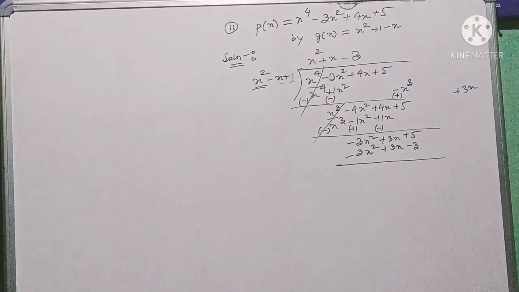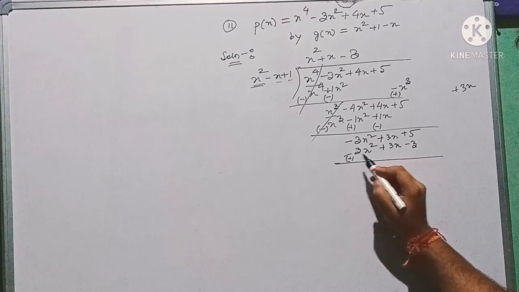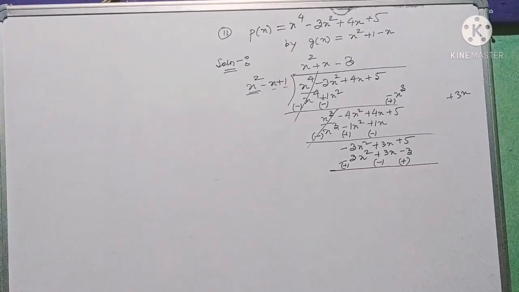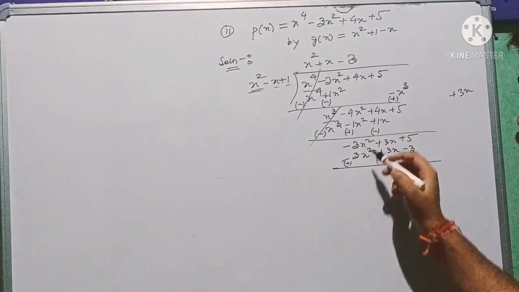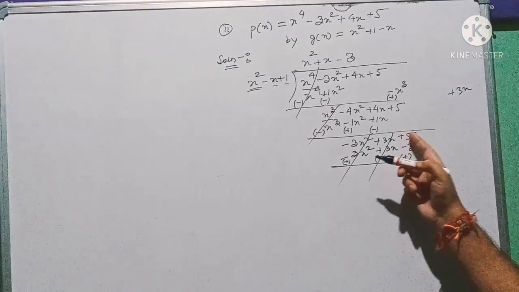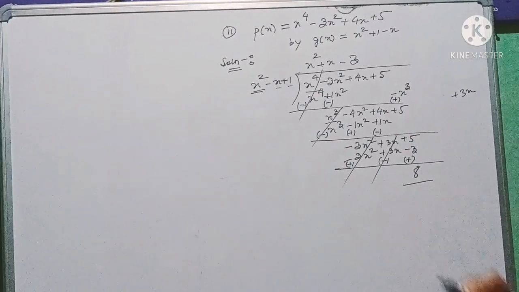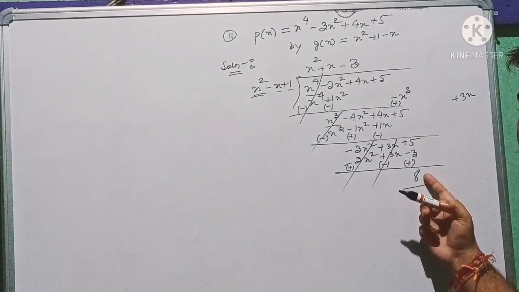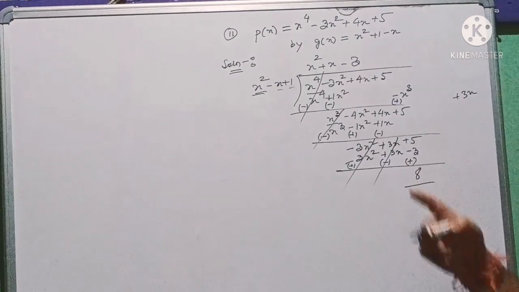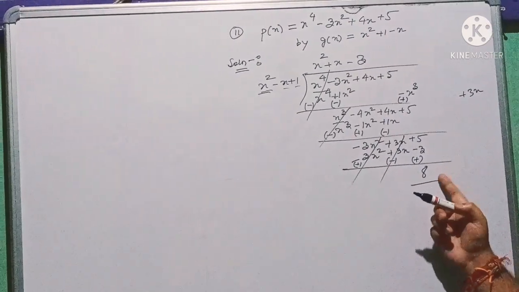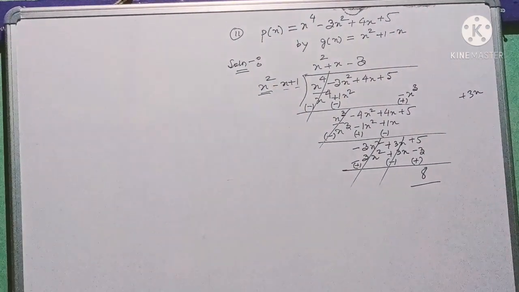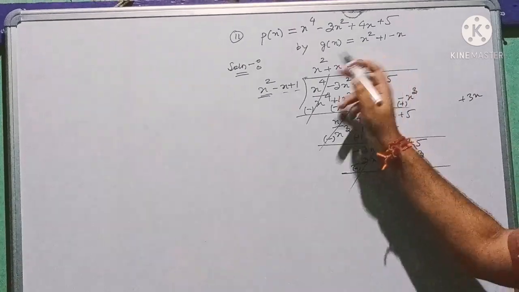Now you have to subtract here. You change the sign. This minus will become plus, this plus will become minus, and this minus will become plus. Now you see this minus 3x square and plus 3x square will cancel out. Plus 3x and minus 3x will cancel out. And 5 plus 3 is 8. Now you see what is the degree here. The degree here is 0 and the degree here is 2. So you see clearly, as I told in question number 1, the degree of this term has become less than the degree of this. So we have to stop our division here. We cannot divide further, and this is our required remainder and this is our required quotient.